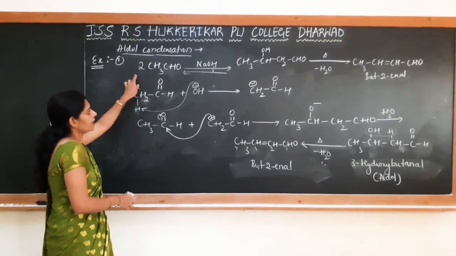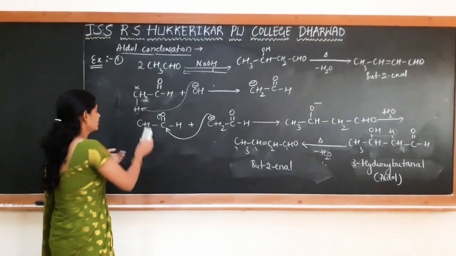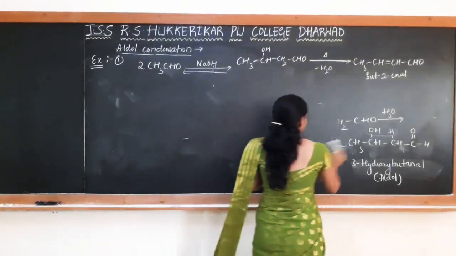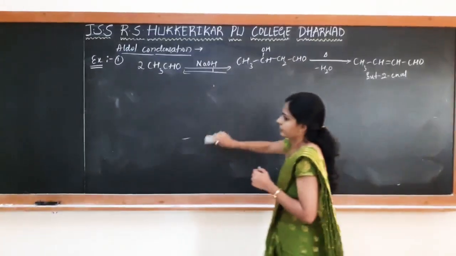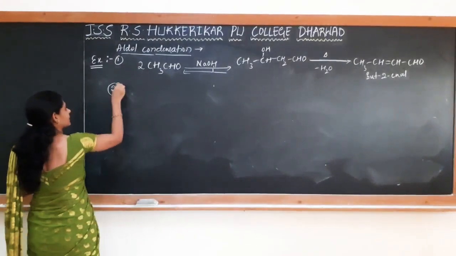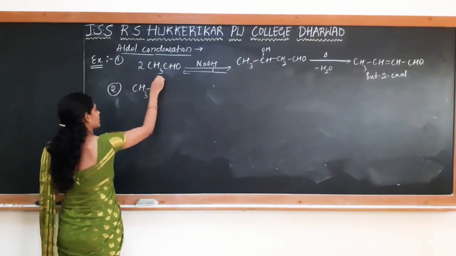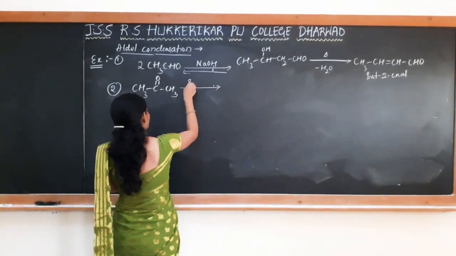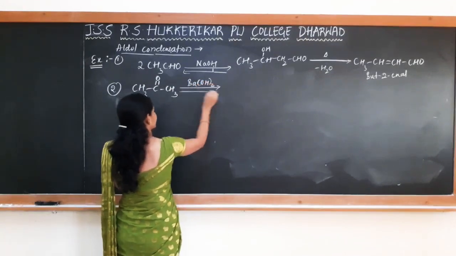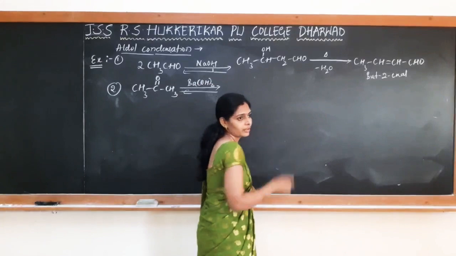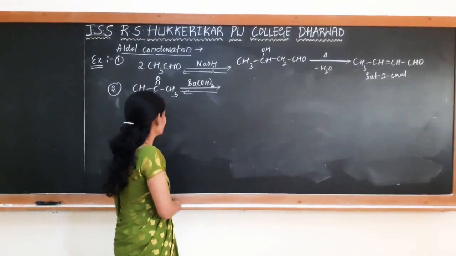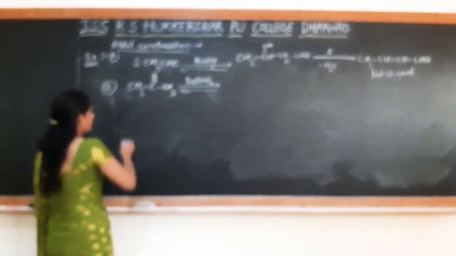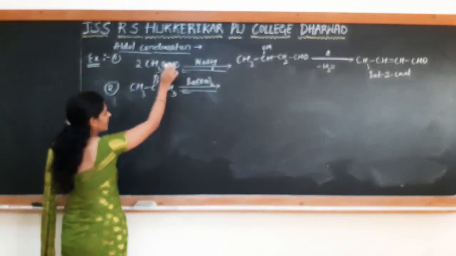Similarly, we can take a ketone which contains an alpha hydrogen atom. Second example is the ketone CH3 CO CH3. So when it is subjected to aldol condensation, what product are you getting? See, first you have to write the aldol product, after that the ketone. Here we are taking a ketone, so we are getting a ketone first, after that we are getting an alpha beta unsaturated ketone. Okay, so what happens in this case? Same as that of the first case.